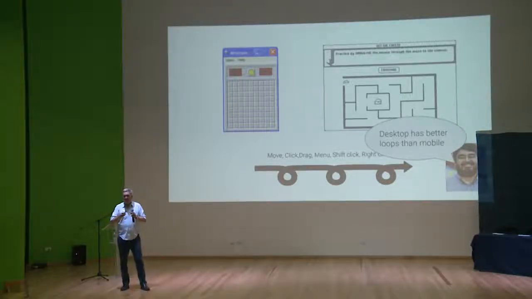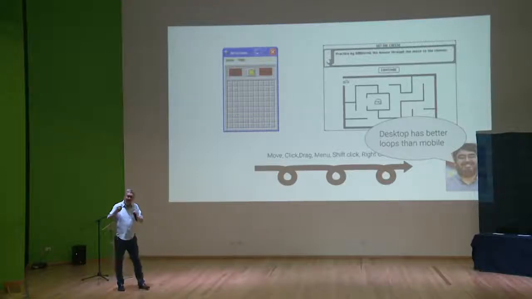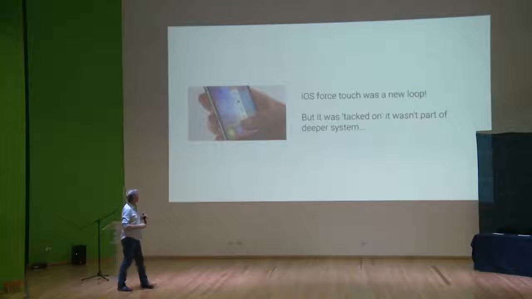So, all of a sudden I started to understand why, when I wanted to write that very important email, I go to my desktop. Because with these gestures, I can edit much more elegantly on the desktop than I can on mobile. And now I understand why I want to use the desktop when I have to do something important.